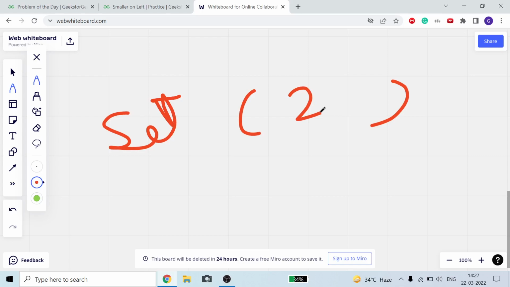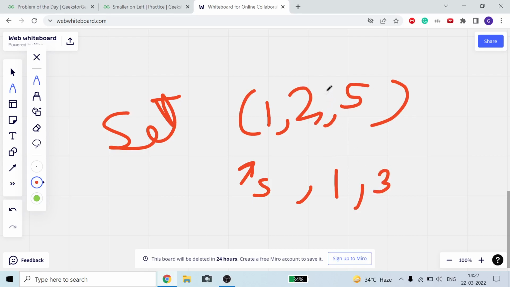And in a set you also know, like if here it contains 2, and if we push back 5 here, then 5 will come here. Now if we push back 1 here, then 1 will come in front because 1 is less than 2. If we push back 3 here, 3 will come between 2 and 5.